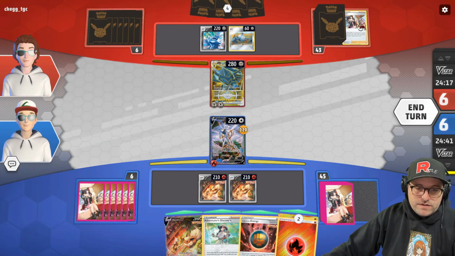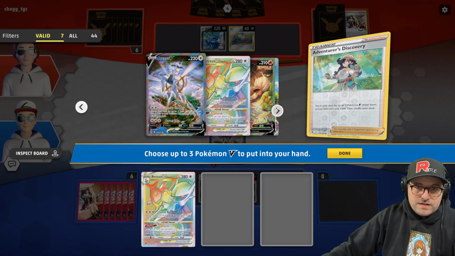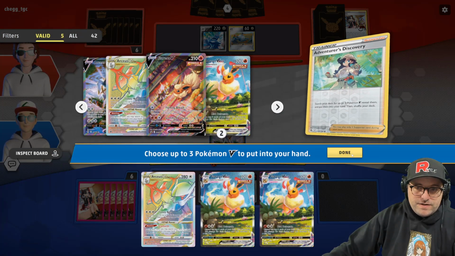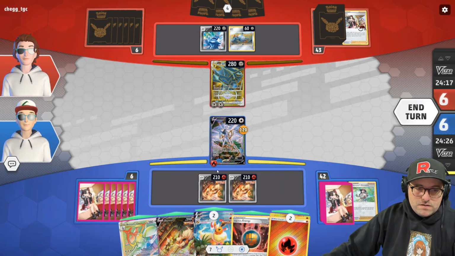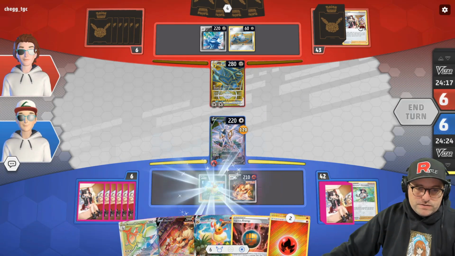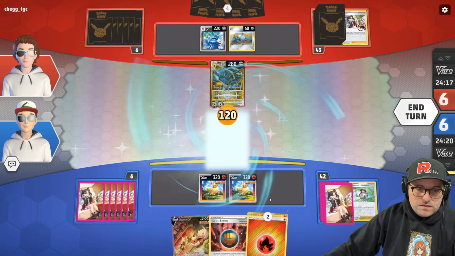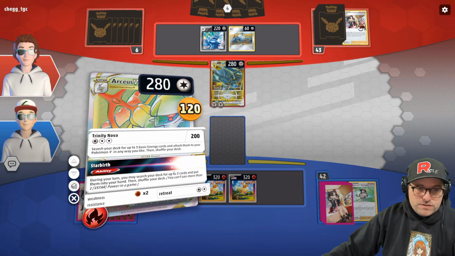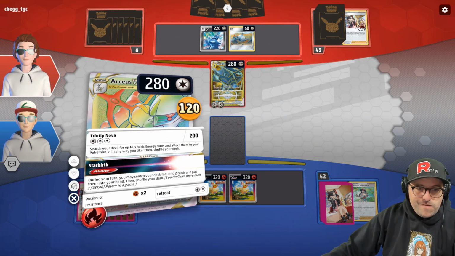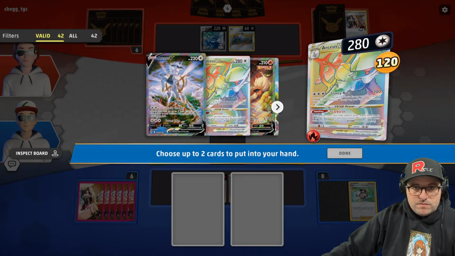Alright, we got a Flareon V we do not want. We're gonna get the Arceus VSTAR. We're gonna get 2 Flareon VMAXs. And then we're gonna evolve these bad boys. And we're not going to attach because we want to Starbirth. We want a Starbirth and we want to get...